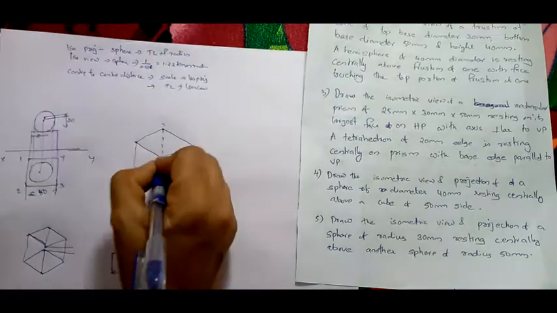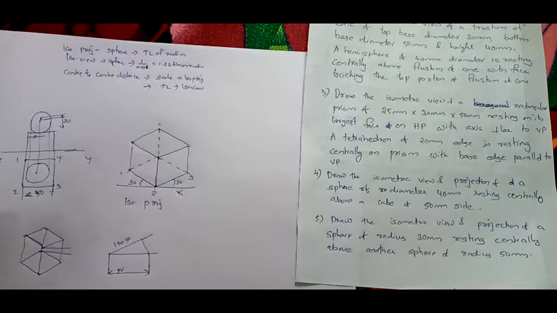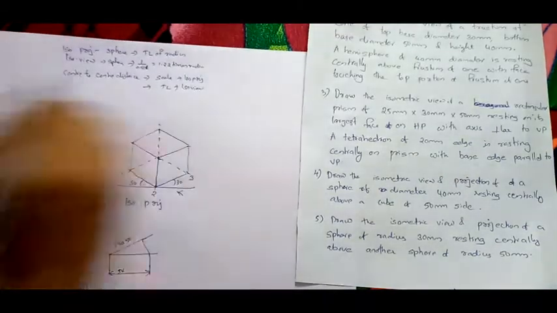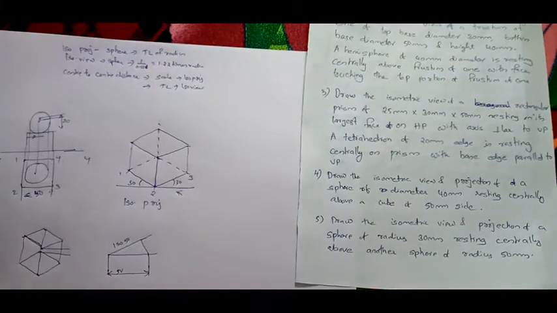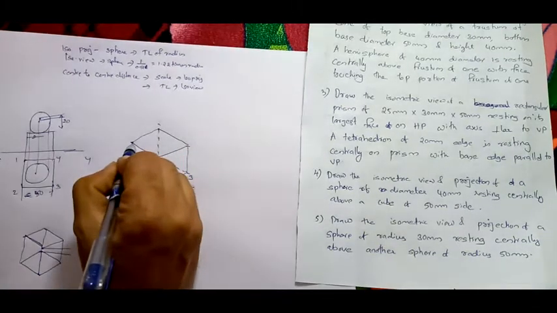Now what do you have to do? Now how to draw the sphere, I am going to tell. So, always while drawing the sphere, you have to first find the center, then draw the radius. That's all the sphere is. Sphere means find the center, then draw a circle from there. That's all there is to the view of a sphere. So first I will find the center here.